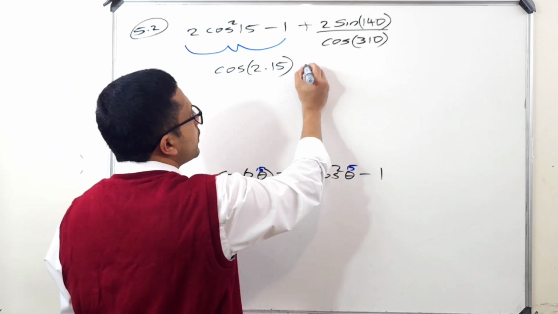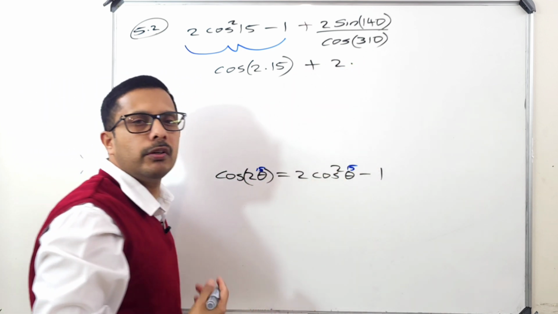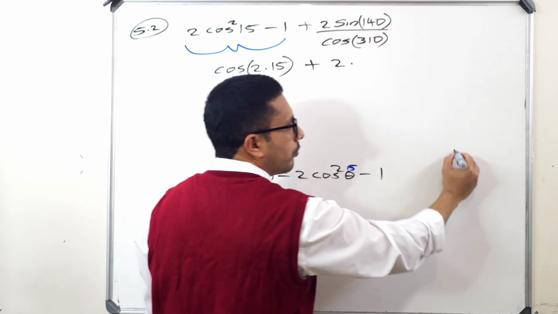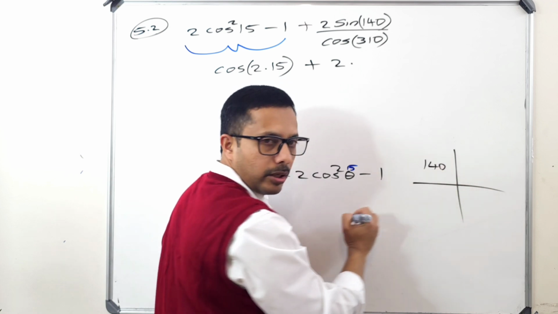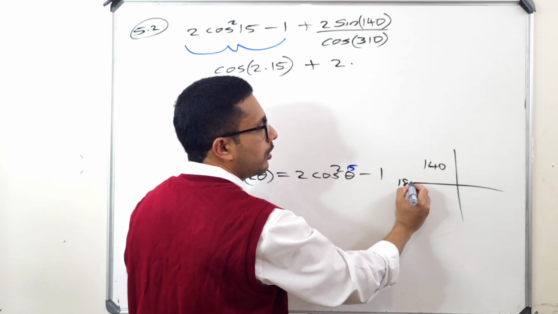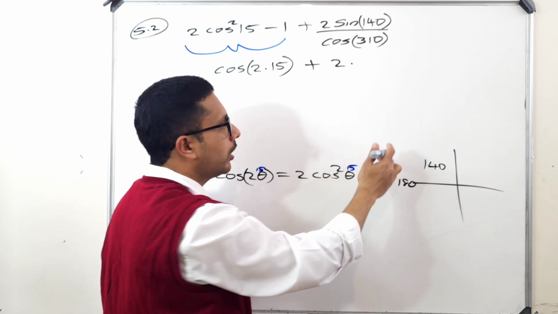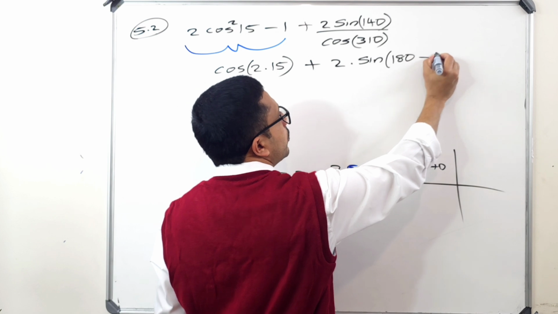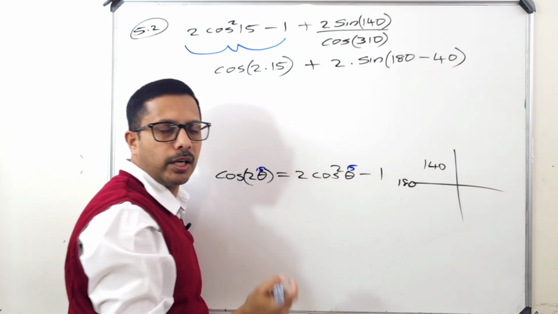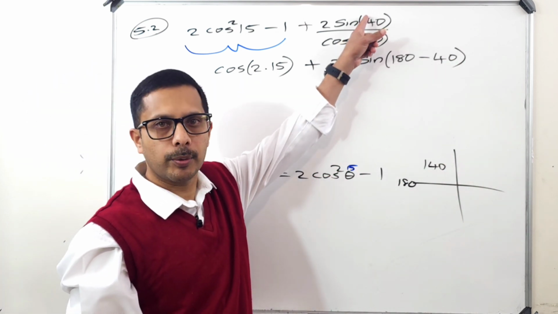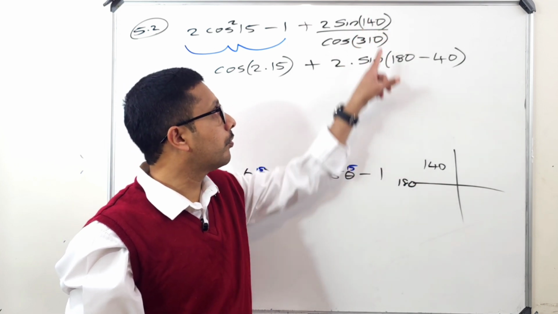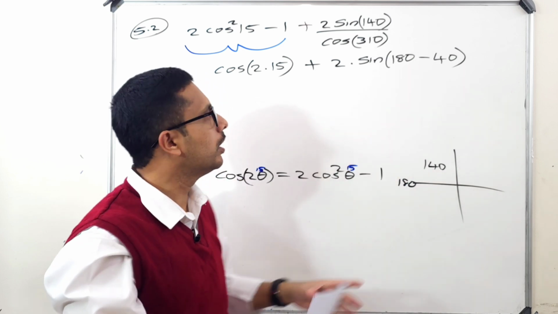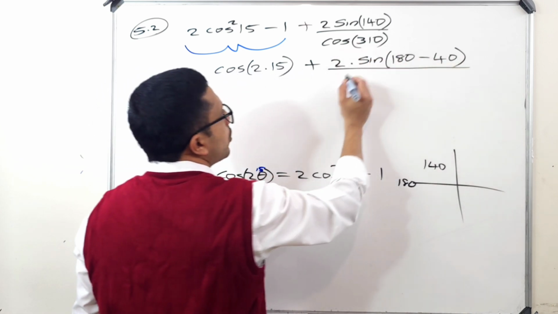Plus, now this one, we have to apply a reduction formula from grade 11. Sine of 140. 140 is in which quadrant? Second quadrant. Am I right? In the second quadrant, how can you write? 180 minus theta. So it is 180 minus 40. We already studied that one. 180 minus 40 is 140. So 140 is in the second quadrant, and we write it as 180 minus 40. Divided by cos of